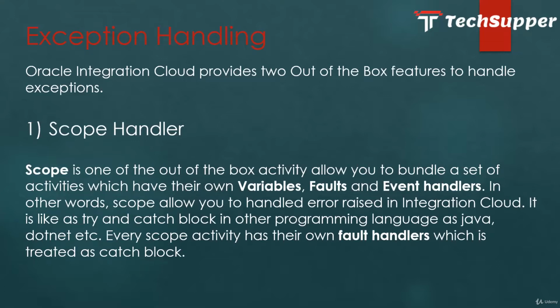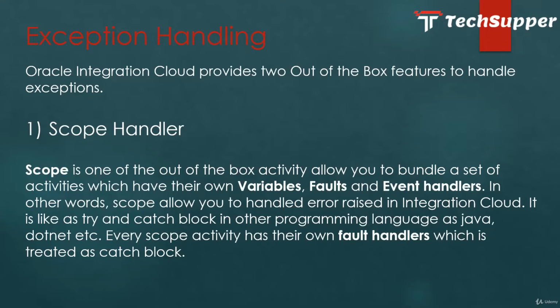It is just like a try and catch block in other programming languages such as Java, .NET, etc. Every scope activity has its own fault which is treated as a catch block. So scope is one of the activities which will allow you to handle exceptions in Integration Cloud. You can have a set of activities inside the scope block which you think can throw an error, and then every scope has its own variables, faults and event handlers, and every scope is associated with a default handler and they are named fault handler depending on